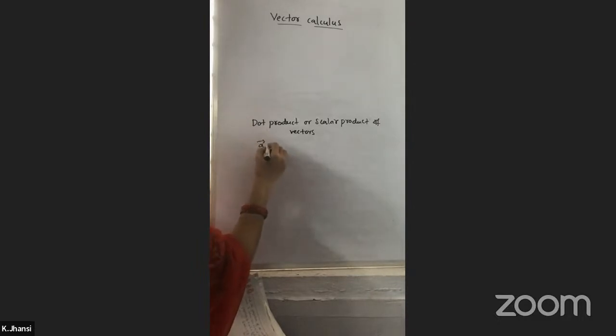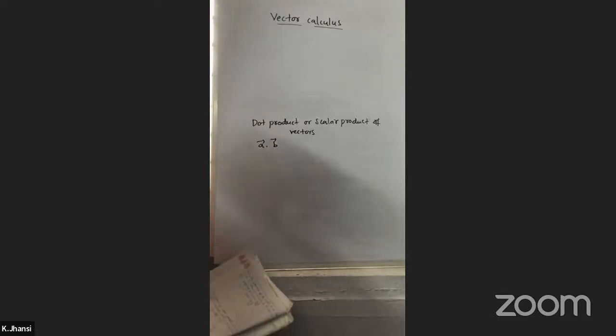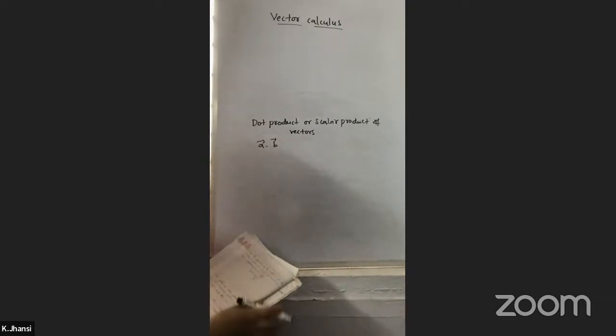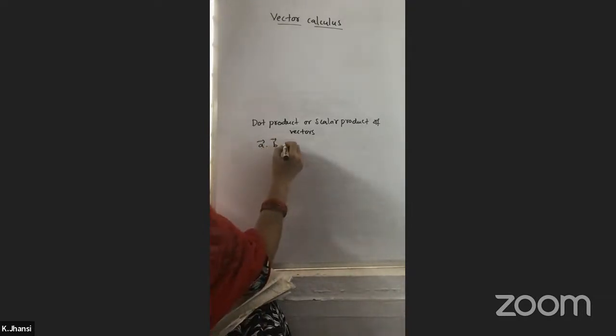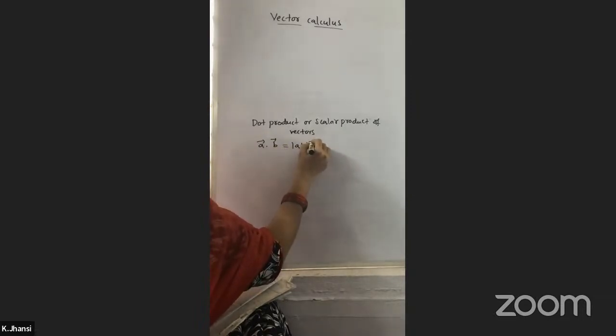If A is one vector and B is another vector, with a dot in between them, then how do we find the dot product of two vectors? Vector A dot vector B is equal to magnitude of A, magnitude of B,